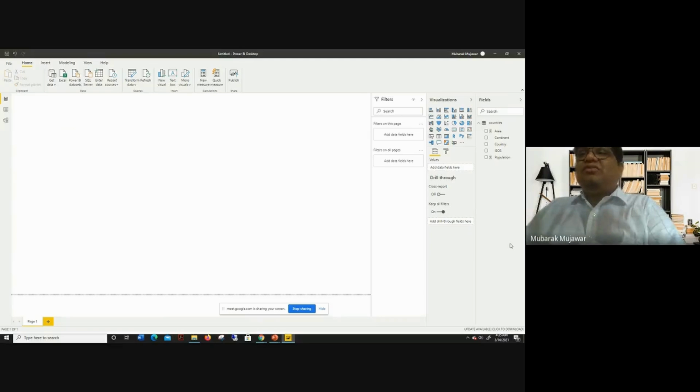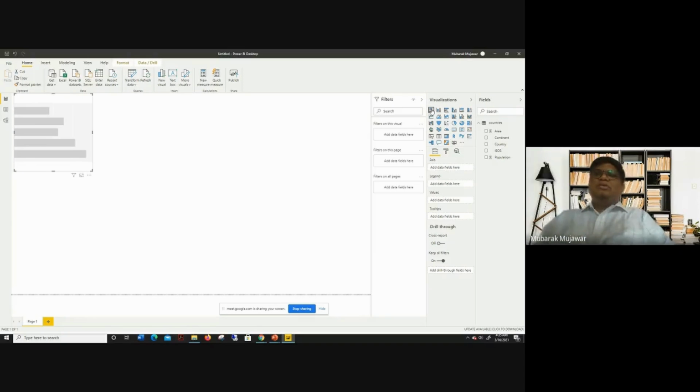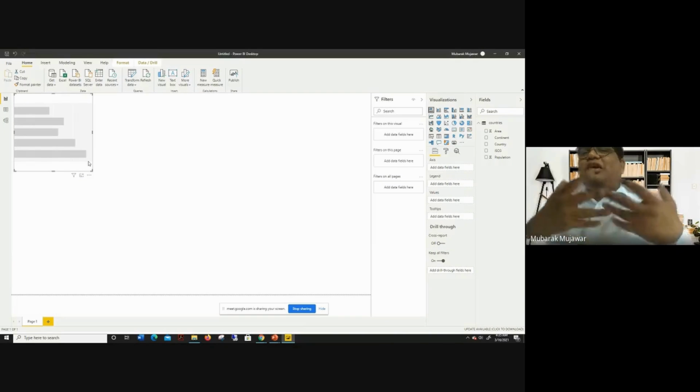Our first visualization, which we want to create, is a normal map. So how should I do that? I can just go and click on any of the visuals over here. I can go and click on stack bar chart. Once I click on that, you can see that this visual is shown over here. Good. But the problem is we have not defined what kind of data